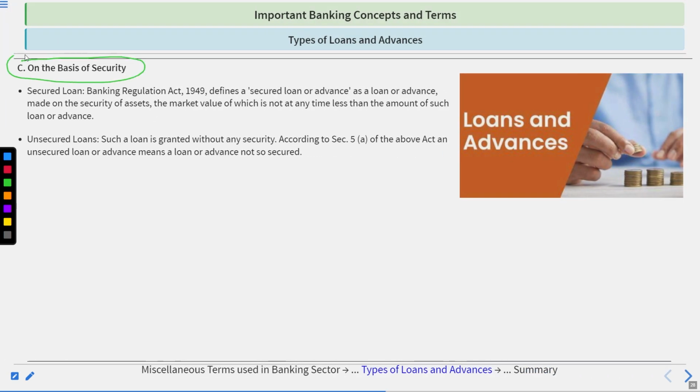On the basis of security: secured loan. The Banking Regulation Act 1949 defines a secured loan or advance as a loan or advance made on the security of an asset, the market value of which is not at any time less than the amount of such loan or advance. Then we have unsecured loans. Such a loan is granted without any security. According to Section 5A of the above Act, an unsecured loan or advance means a loan or advance not